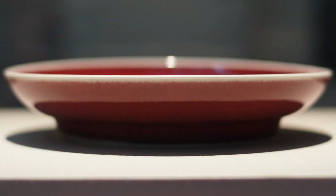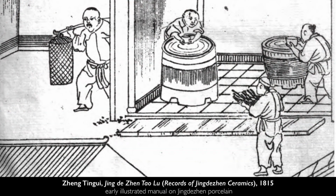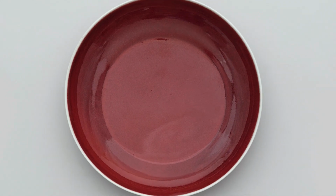Absolutely. This kind of dish, this quality, this color, it's very demanding to produce. And so it was produced at kilns run by officials from the court. It was a very rigorously regulated process. We think for producing an object like this, an absolute minimum would be that it passed through 70 pairs of hands. And that level of sophistication, this lavishing of resources, was important because these were dishes that were meant